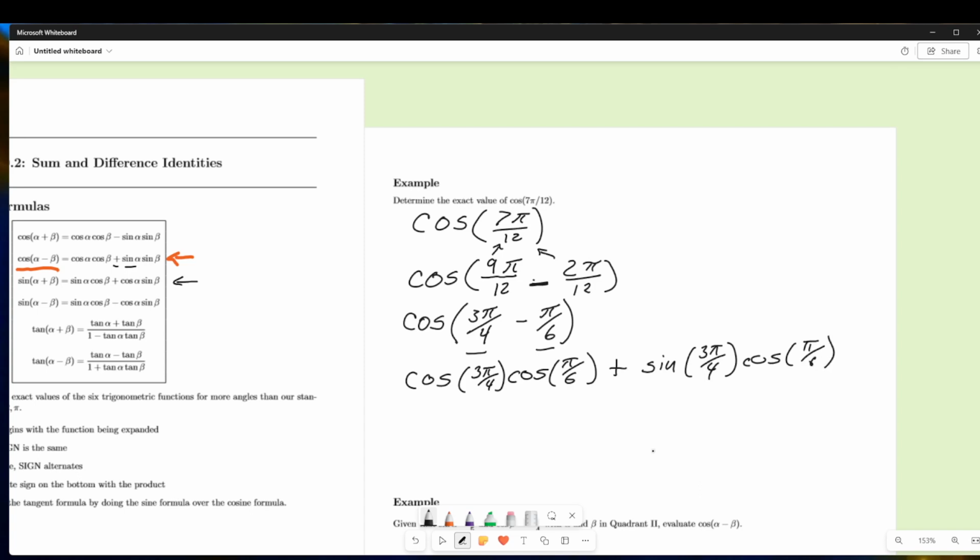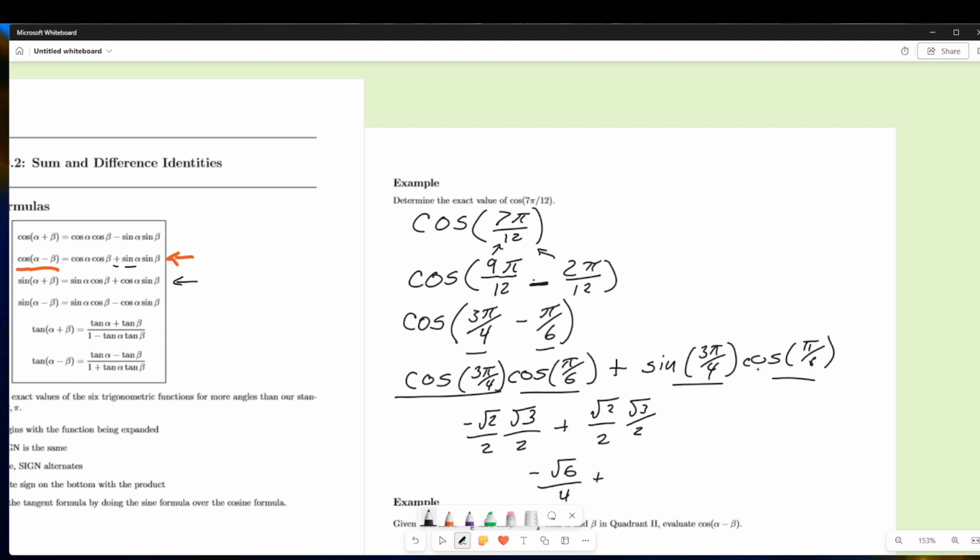And again, the idea is we know what each one of those are. Cosine of 3 pi over 4 is negative square root of 2 over 2, looking at your unit circle. Cosine of pi over 6 is square root of 3 over 2. Plus sine of 3 pi over 4 is positive square root of 2 over 2, because we're up in quadrant 2. Cosine of pi over 6, square root of 3 over 2. So we get negative square root of 6 over 4